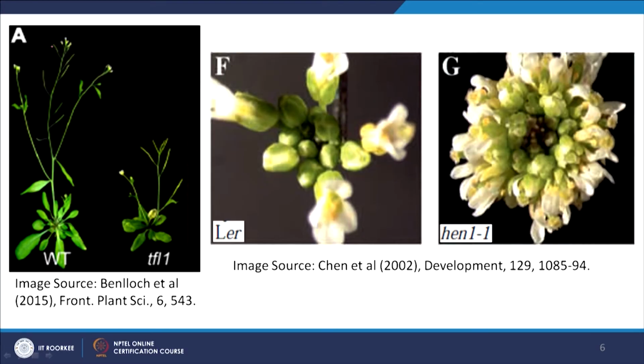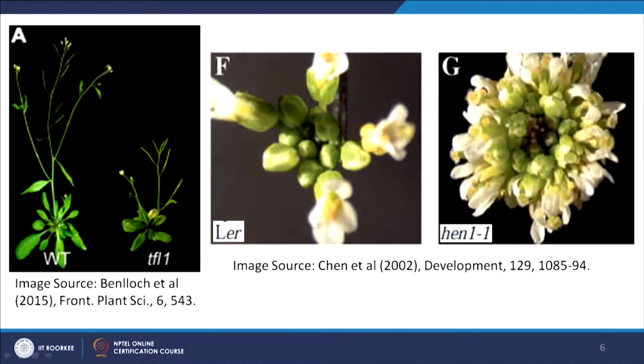So, if you look at a single inflorescence, you can clearly find that on the basal side of the inflorescence, the organogenesis is almost completed, all the organs are made and the meristems are terminated, but at the same time, if you look at the tip of the inflorescence, there is still organogenesis going on and you can still see some new flowers growing. So, this tip, the inflorescence meristem, has this property, but in the mutant background